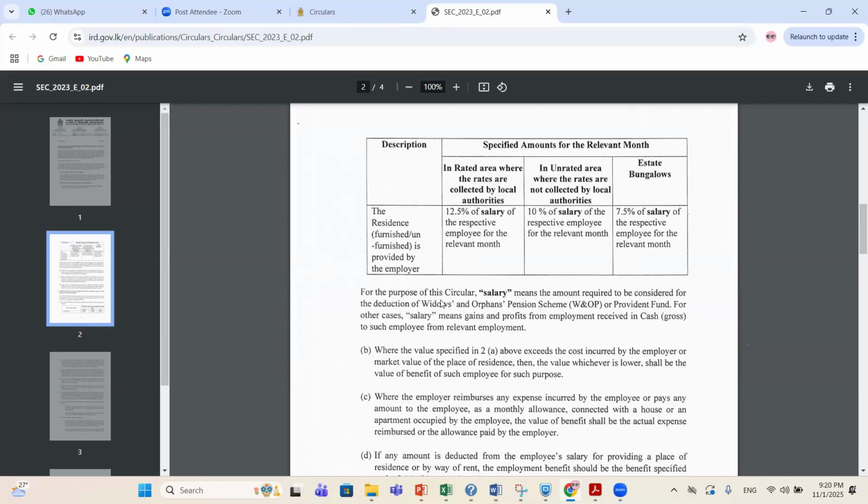So salary means the amount required to be considered for the deduction of the widows' and orphans' pension scheme, WNOP, or the provident fund. For the other case, salary means gains and profits from the employment received in cash by such employee from the relevant employment, right?